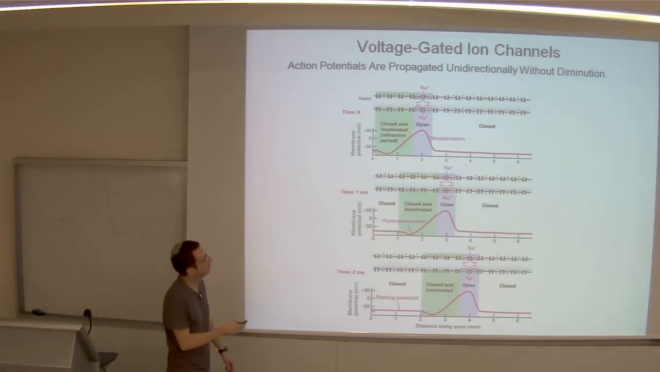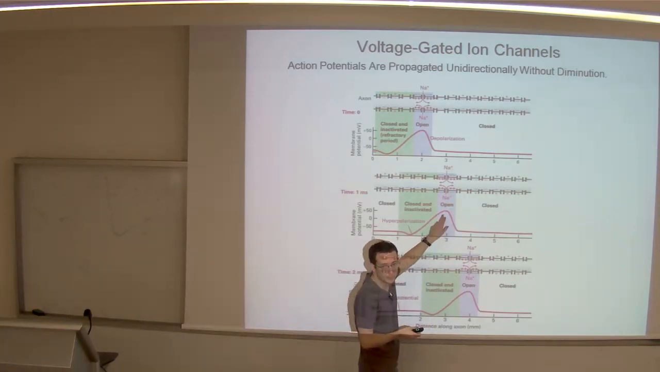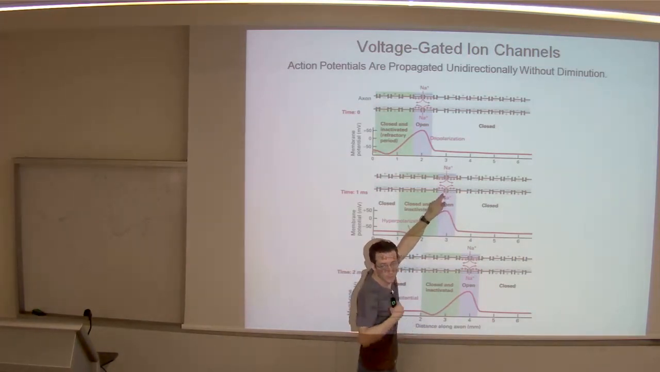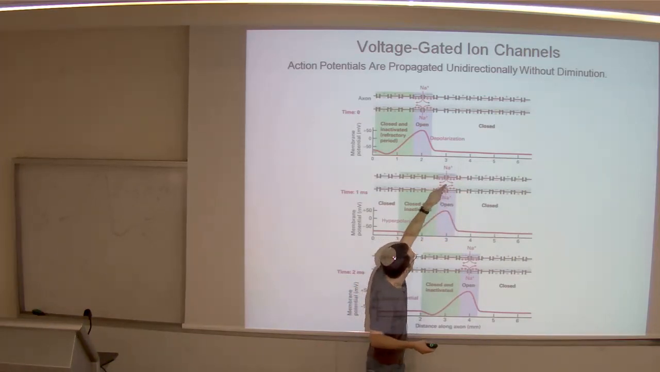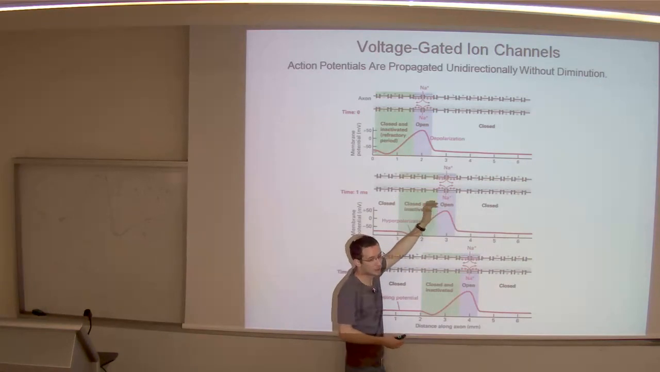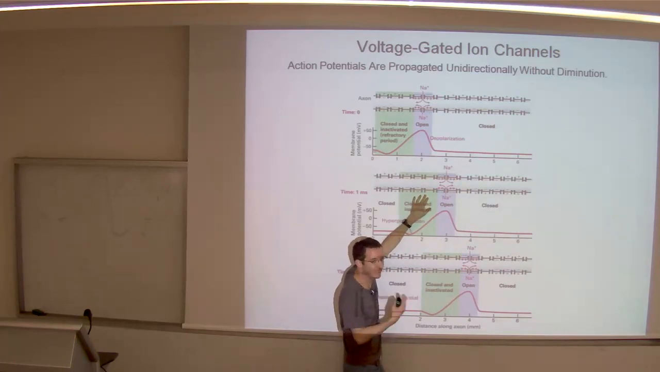So why unidirectionally and why without diminution? The reason is that, in a given moment in time, in this region of the membrane you have depolarization. Voltage-gated sodium channels are hence opened, causing an influx of sodium into the cytosol, which causes more depolarization, which causes more activation of the channel. So this is what happened in this fraction of the membrane. But right here in the back, where the action potential has just left this area, you have inactivation. You have voltage-gated inactivating channels,